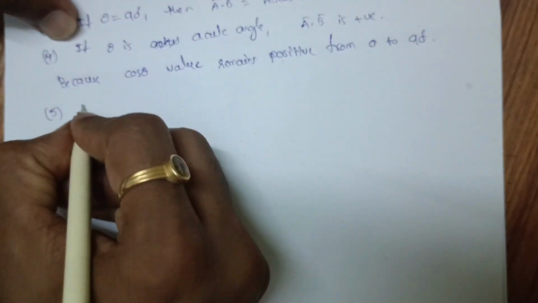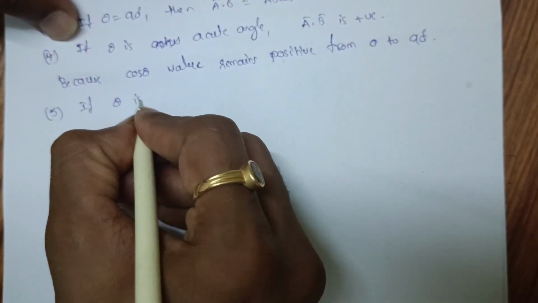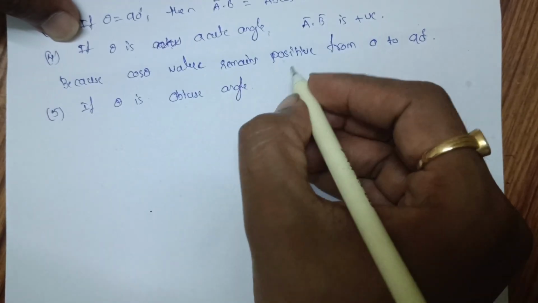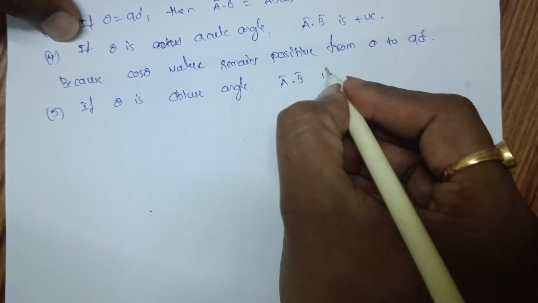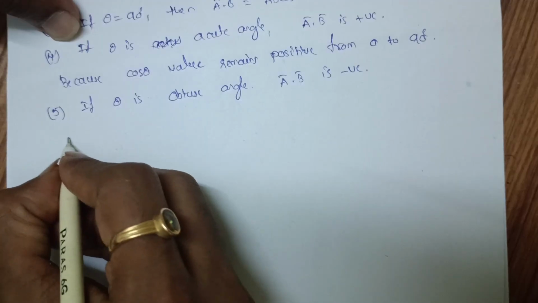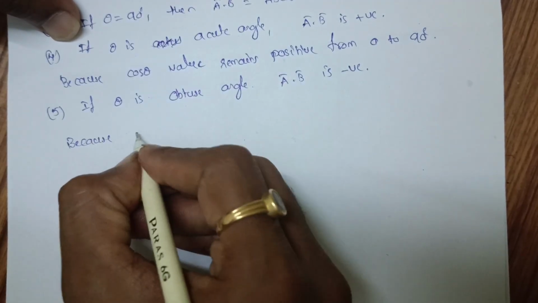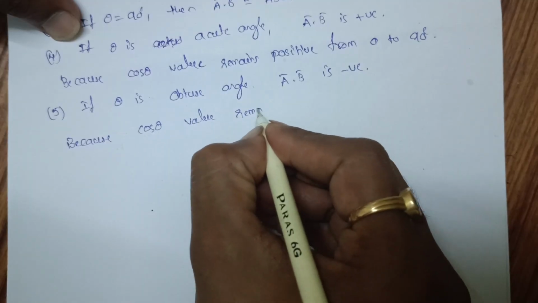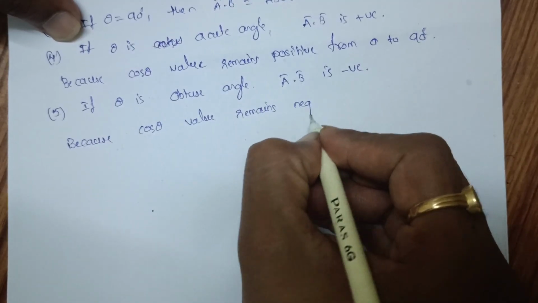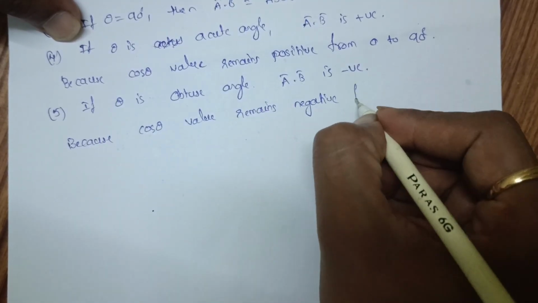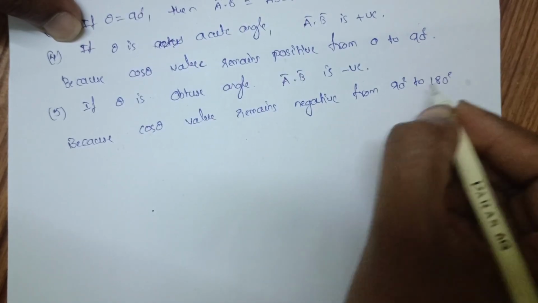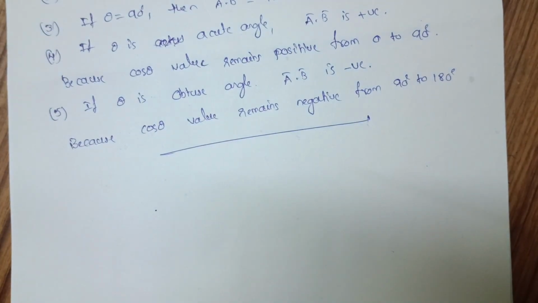Now, if theta is obtuse angle, A dot B is negative, because cos theta value remains negative from 90 degrees to 180 degrees. These are the special cases for the